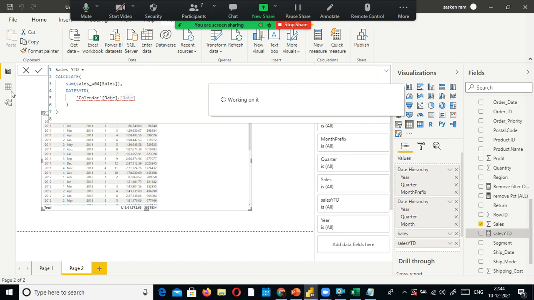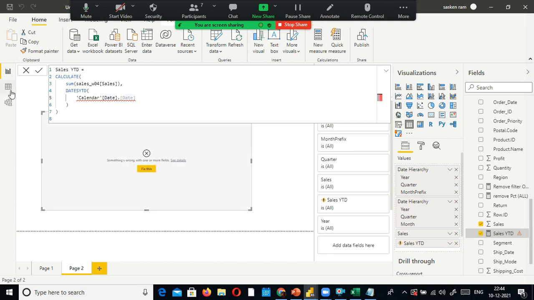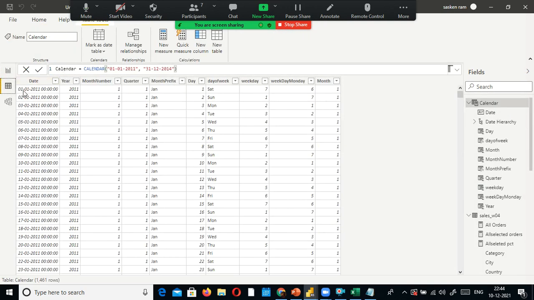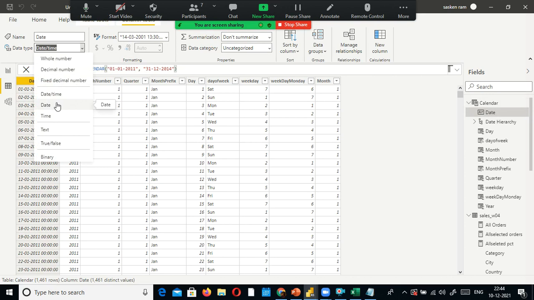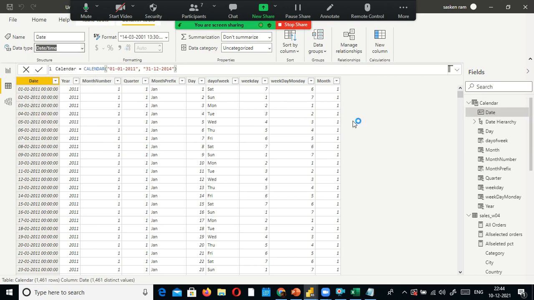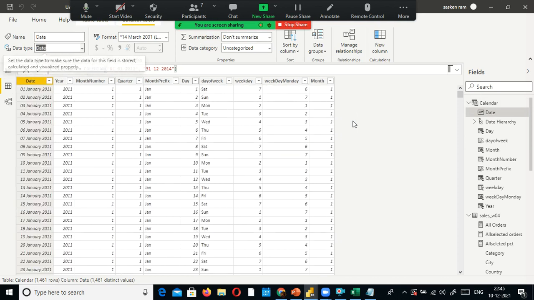Ideally you need to remove the time from the date. That is also one of the important things you need to remember. For example, if I select here, you need to make it date data. That is one of the prerequisites. I think because of that, that option is not coming.